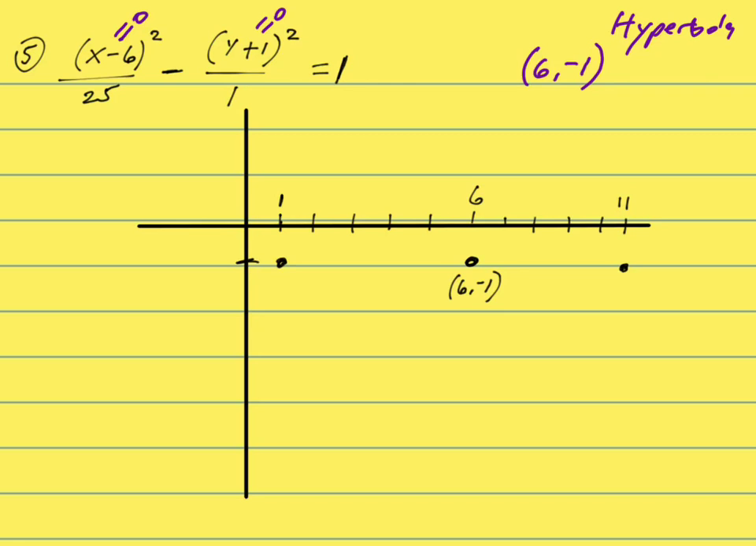Now, how far in the y direction do we go? What's the square root of 1? 1. So I go 1 up and 1 down, and I create a rectangle. It is not an ellipse. Otherwise, I would just draw the ellipse. The diagonals of the rectangle